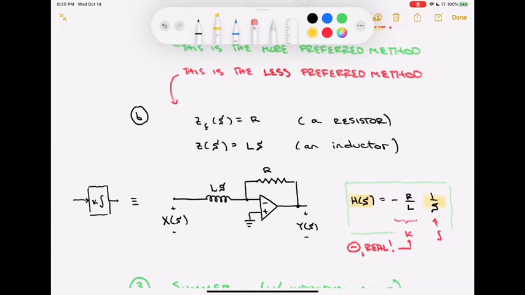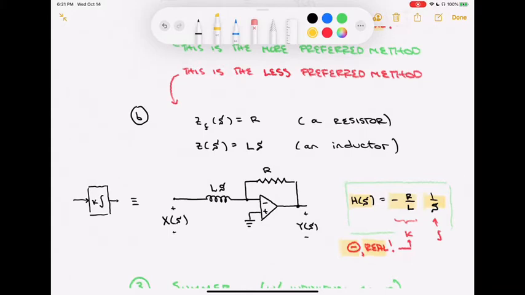The 1 over S part again is going to give me the integration behavior of the overall circuit. And now my gain is slightly different. Instead of being minus 1 over RC, it's minus R by L. Again, this has to be a negative number, and it is real. So we can carry out integration, and we can carry out integration with some gain, but the gain is always